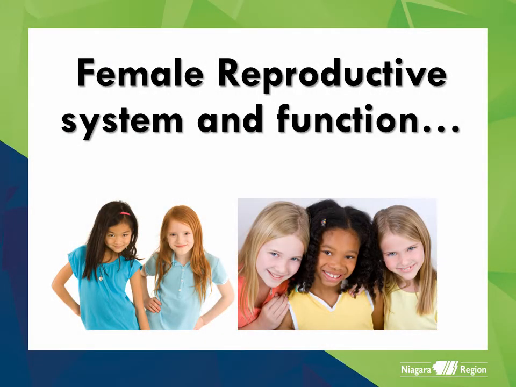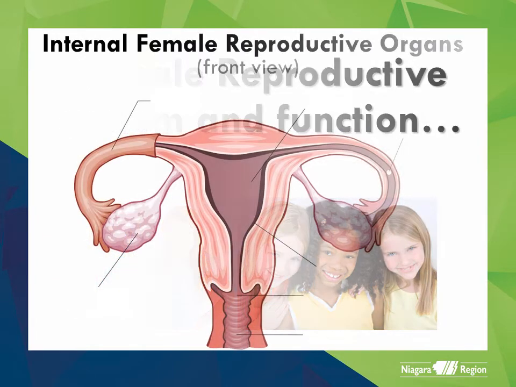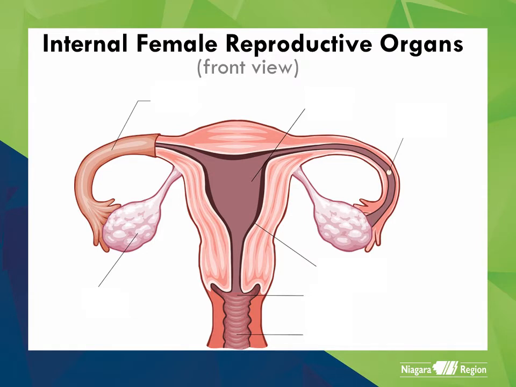In this lecture, we will discuss the female reproductive system and its function in summarized form. Let's take a start. The front view of the internal female reproductive system consists of the ovary, where oogenesis occurs, which produces the egg cell,